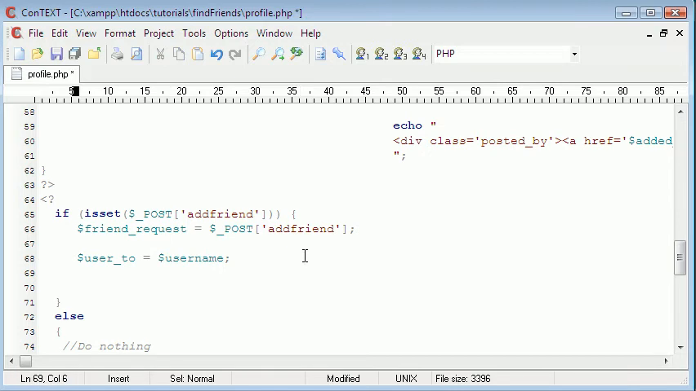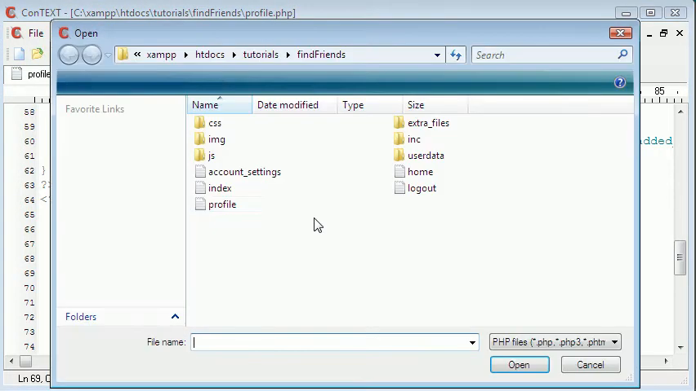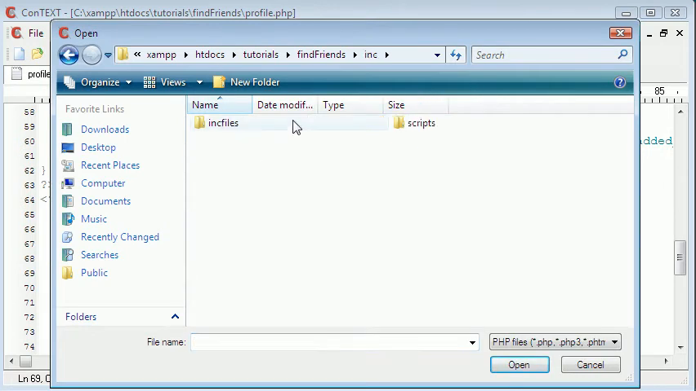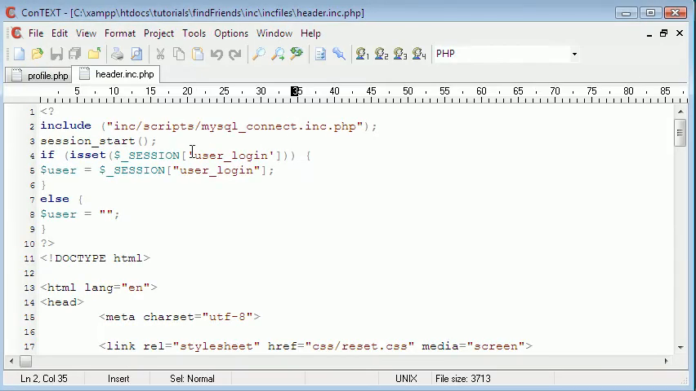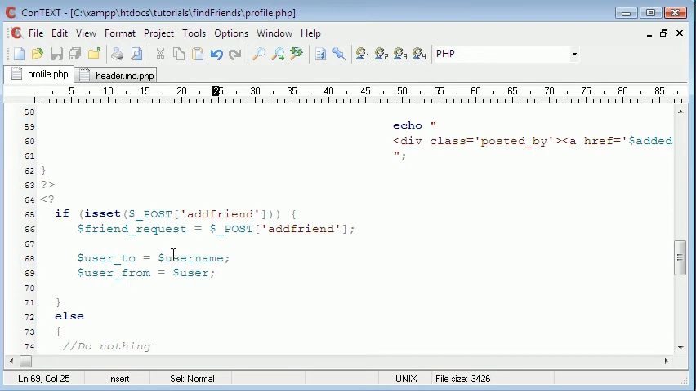Okay, and user from equals user, which is, if I open the header file, user is the session user login, which is whoever's logged in. So this variable is whoever the friend request is for, and this variable is whoever sent the friend request. So we can just do a simple check here. So we can say if user equals, or if user2 equals username,